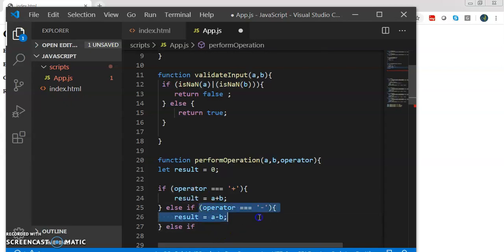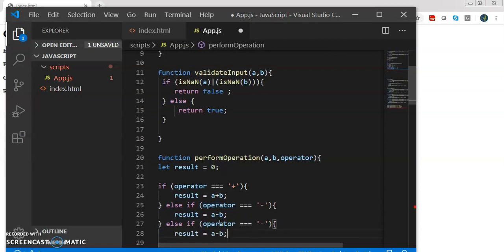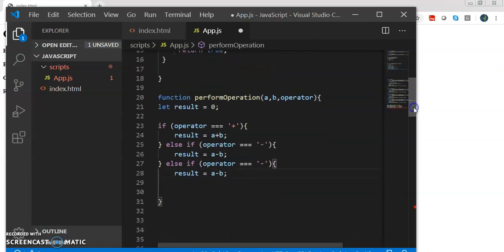Similarly, the operator would be asterisk, the operation would be multiplication.